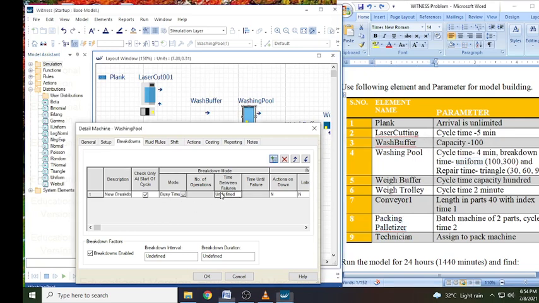So I will double click here and select the uniform by double clicking in distribution. Okay, then we will enter the value. It is 100 comma 300. This means that this machine may fail anywhere between 100 minutes and 300 minutes. Then the next is repair time.